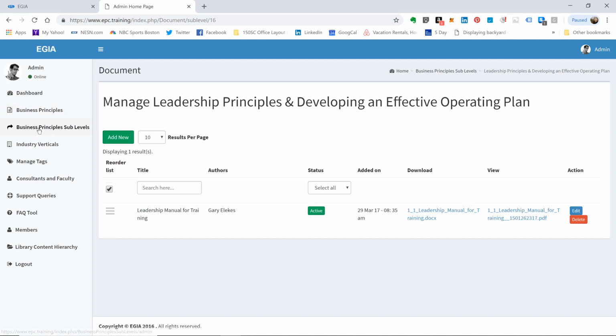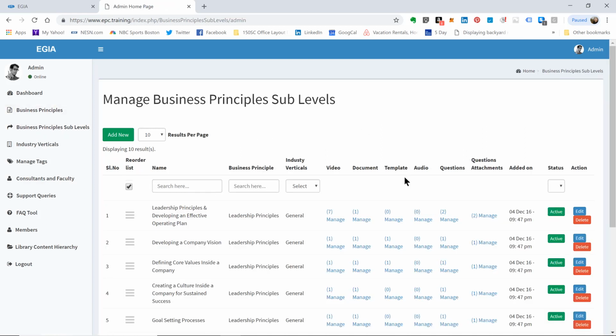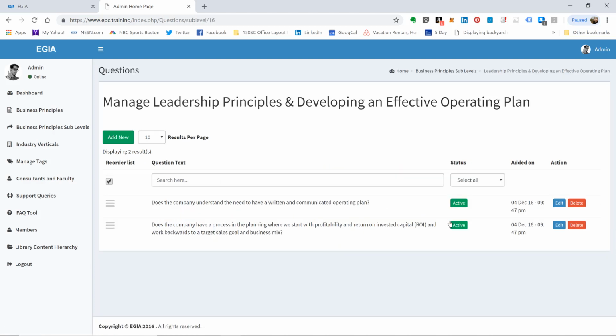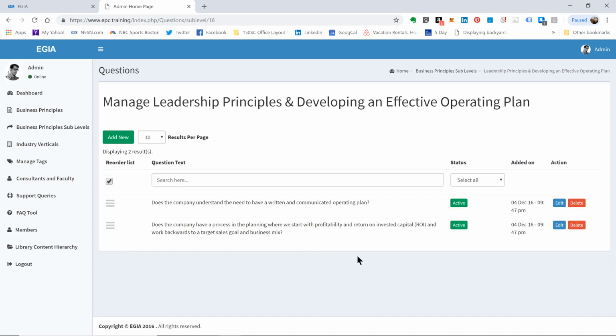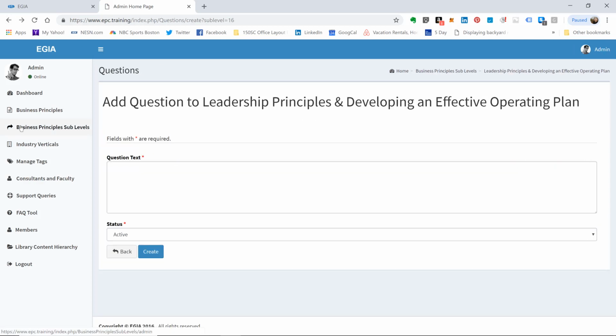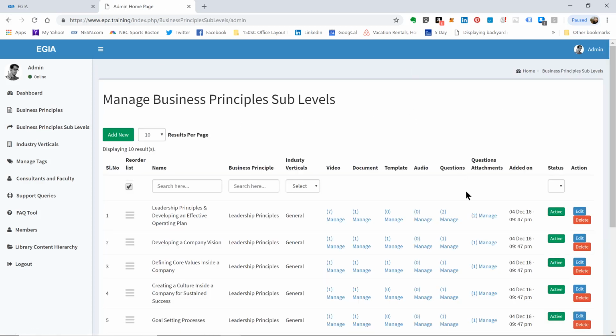And back to the business sub-principles. Templates and audios are very similar. Questions: you can basically add a new question and put in the question text. It's just an active or inactive status. And I'm going to keep going back to business sub-principles. The same with attachments. You attach questions,